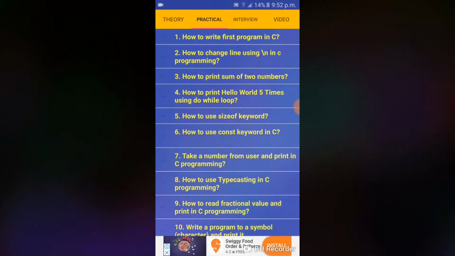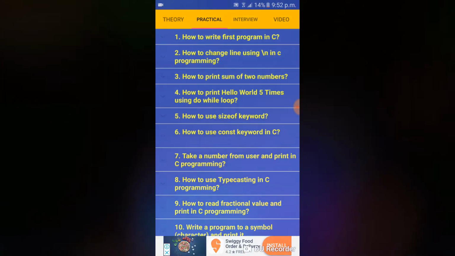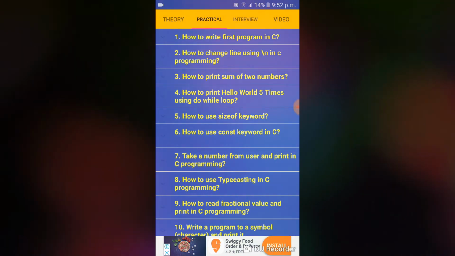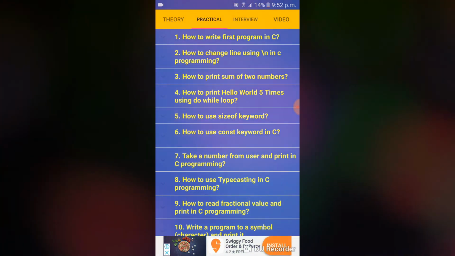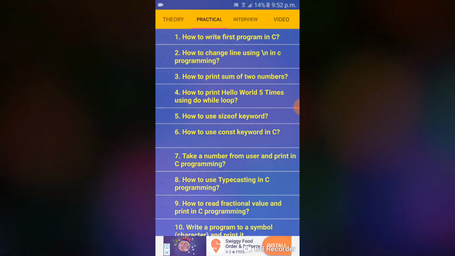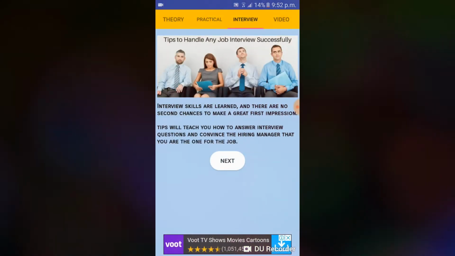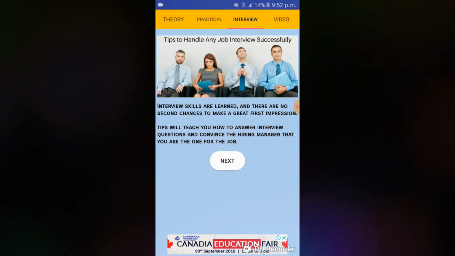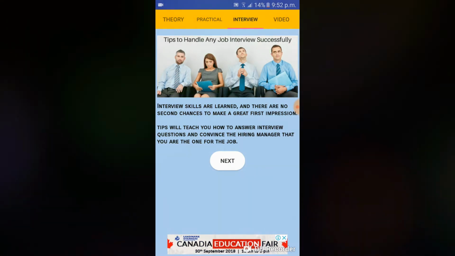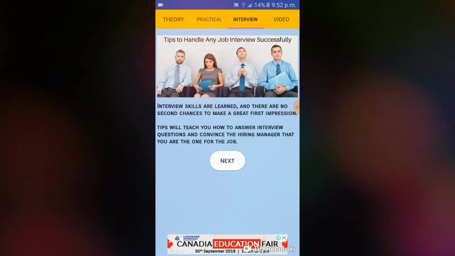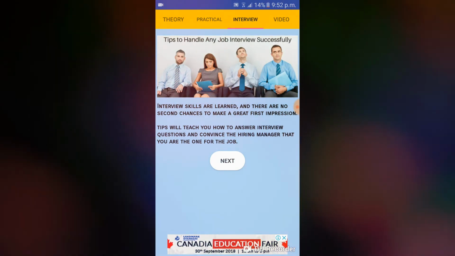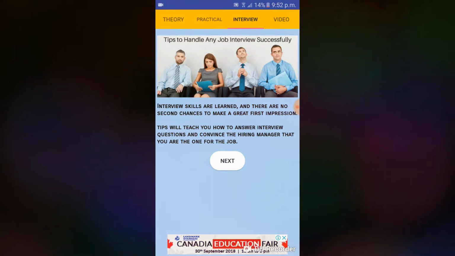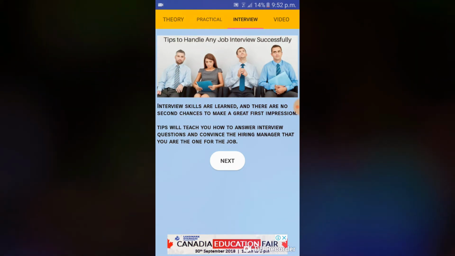So they apply, and after that, when they are called for the interview, this application will help you go through your interview. It gives tips to handle any job interview successfully, especially C programming or C program development job interviews. And you can find interview skills and everything.